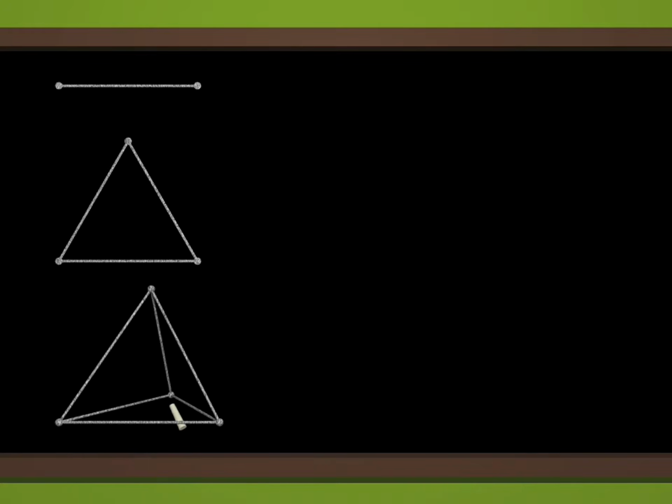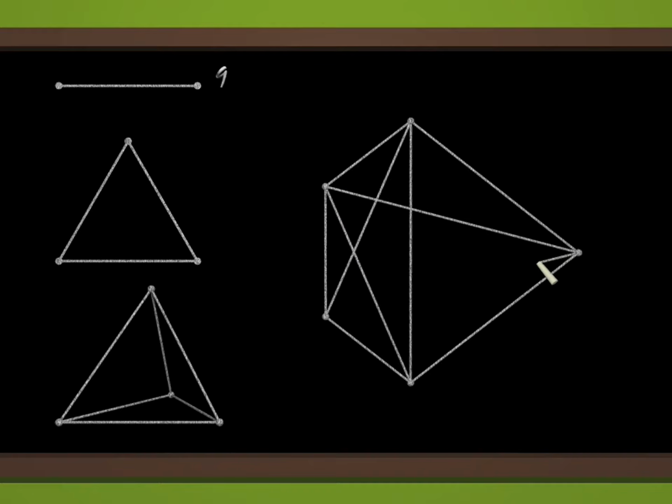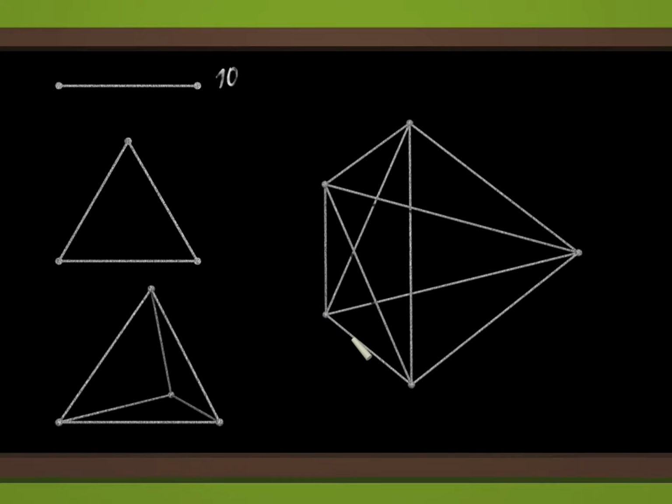Observe that the segment, the triangle and the tetrahedron have 2, 3, and 4 vertices respectively. Therefore, we can try to continue with 5 vertices. Let's go then. For the segment, the triangle or the tetrahedron, an edge connects each pair of vertices. So we have to connect the 5 vertices in pairs. We count 1 edge, 2, 3, 4, 5, 6, 7, 8, 9, and 10 edges.